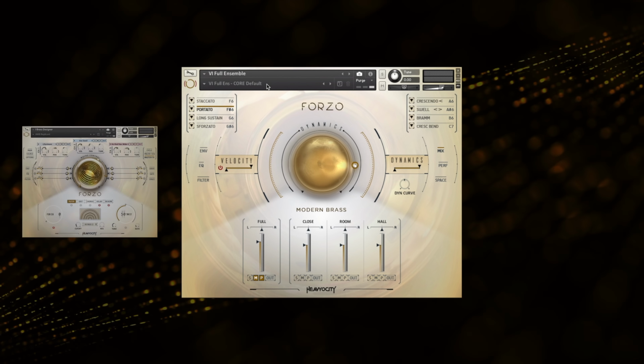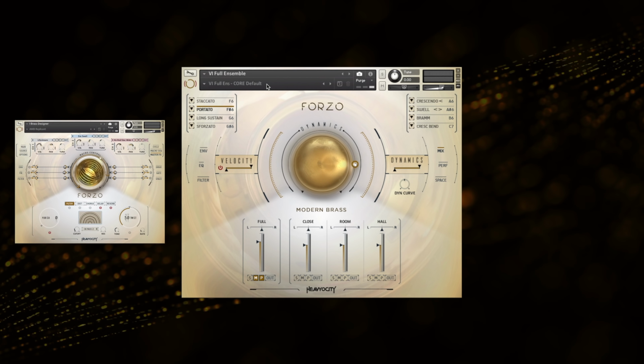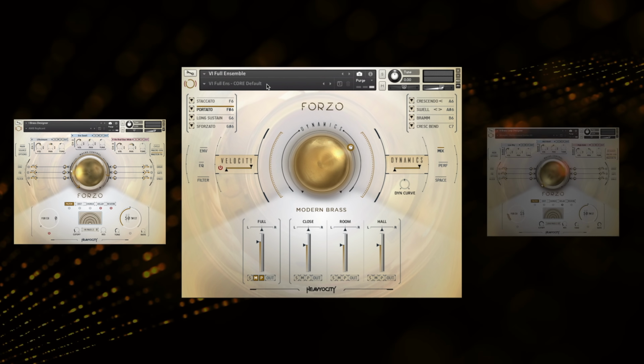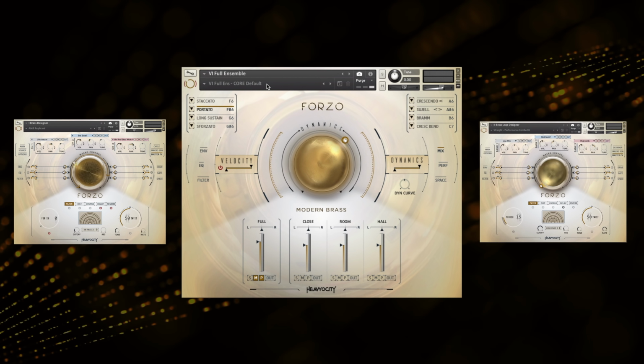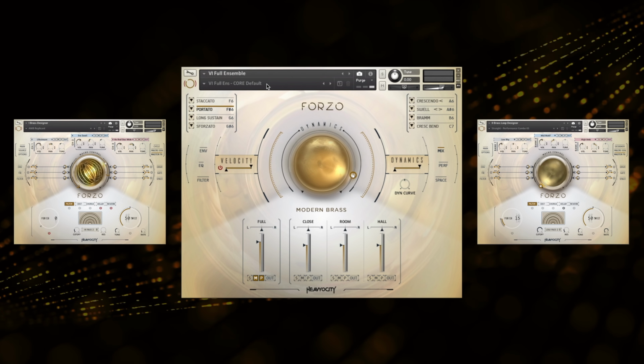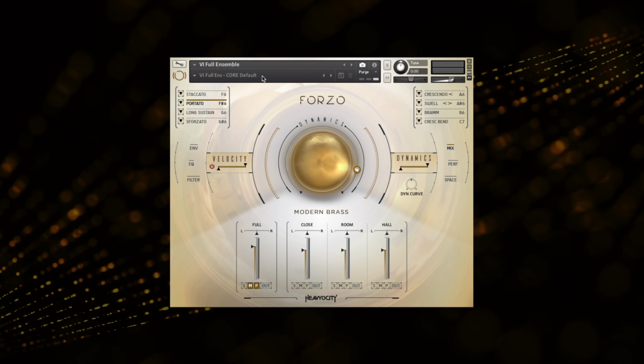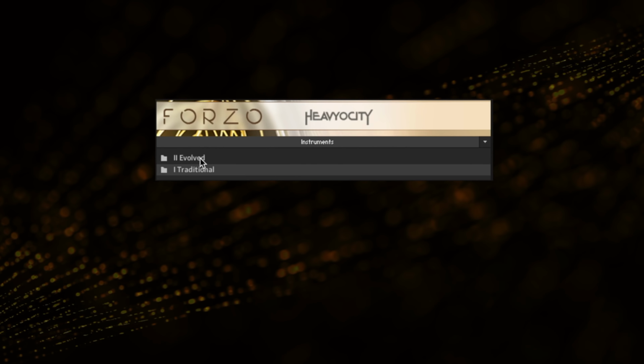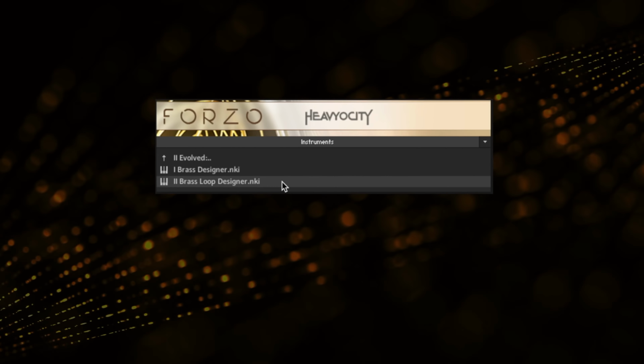FORZO also contains a brass designer with multi-channel hybrid sound design capabilities and the brass loop designer with over 400 tempo-synced brass loops. This tutorial only covers the traditional engine. For more on the brass loop designer and brass designer engines in FORZO, please visit